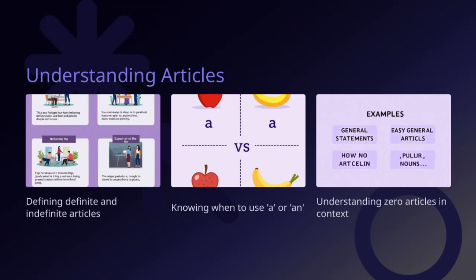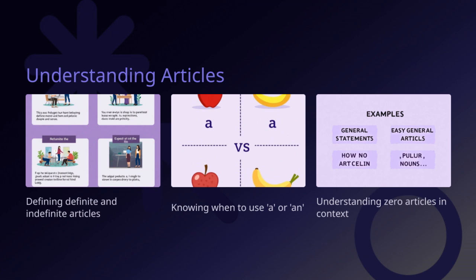Let's take a closer look at understanding zero articles in context. Often, in English, we don't use an article at all, and that's perfectly correct in many situations. Knowing when to use a or an is also essential, as these are indefinite articles used before nouns when we're talking about something nonspecific. For example, saying a dog or an apple helps specify that we're referring to any one